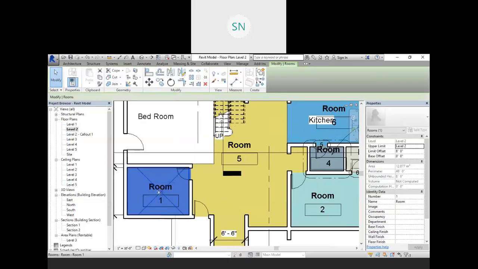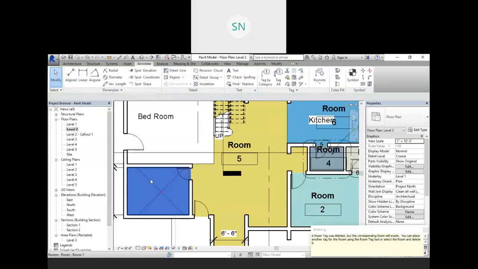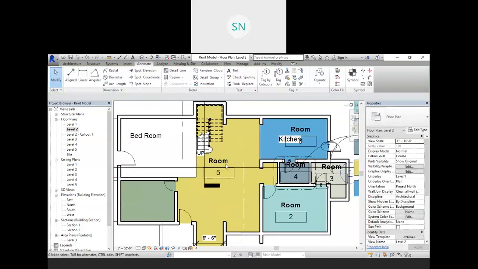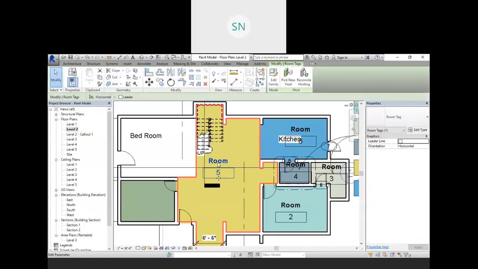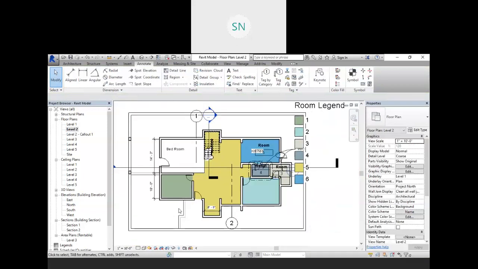If you select this room 1, I'm selecting this room 1 and deleting it, but we have the room over here. See, room is there, I just have deleted a room tag. This one, right? Delete, and this one also delete, right?